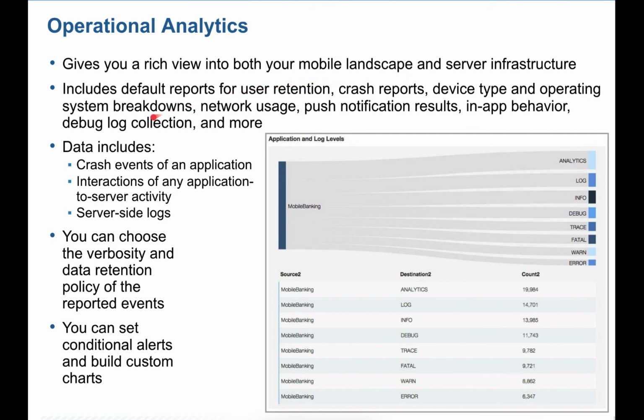It will also include reports for user retention, crash report, device type, operating system breakdown, network usage, push notification results, right? Suppose you have sent 100 push notifications to 100 devices. What if only 40 devices have received the notification, not 60? It's the biggest failure of your push notification, right? So you can review anything there, and in-app behavior, default log collection, and many things you can monitor in